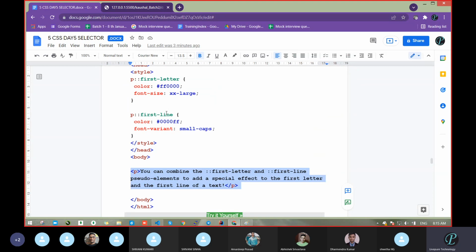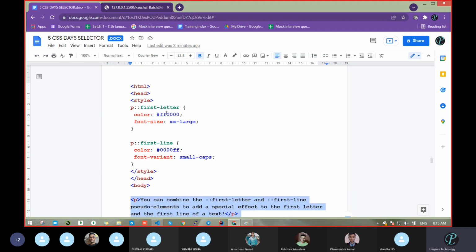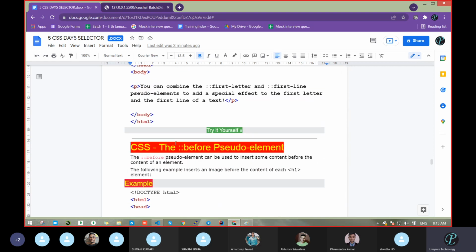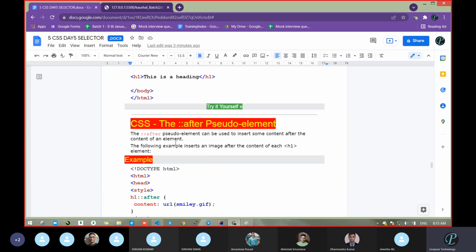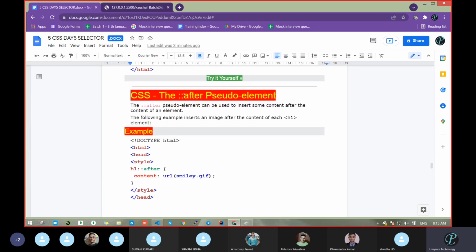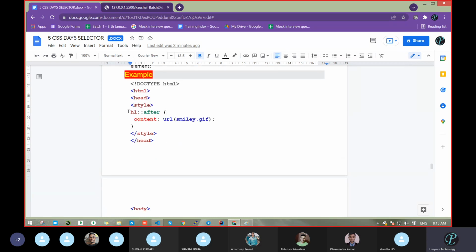Now we know all these things. So it's possible. Okay. And if we want, suppose we can also group them. We can pass a comma and do that. But only as per requirement, don't do it anywhere. That's pseudo element, it's finished, that much only. Then after. Okay, this is a different property. If you go one by one, that's too much. So what is after going to do? In after, content. Okay, let's take this one.